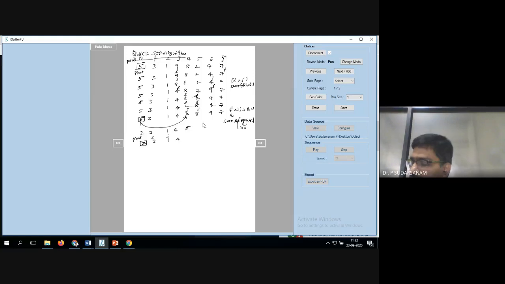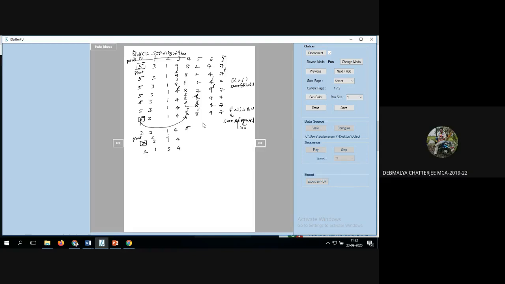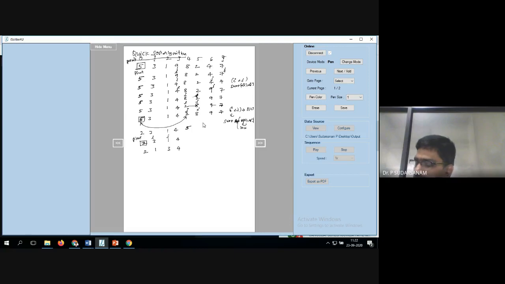Now I is less than J, so swap these two values. So that is nothing but 2, 1, 3, 4. Now 1 is less than 2, increment the I value. Is 3 less than 2? No, you have to stop it here. Now J is here, 3 is greater than 2, decrement the J value. Now the condition I less than J is false.